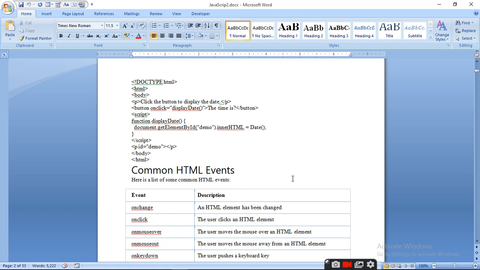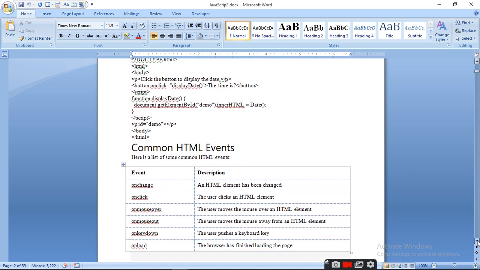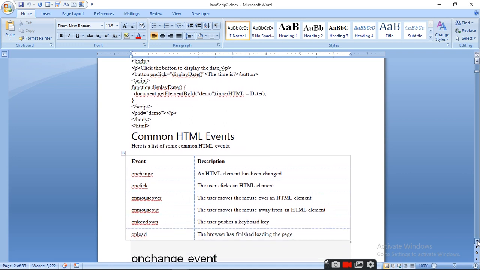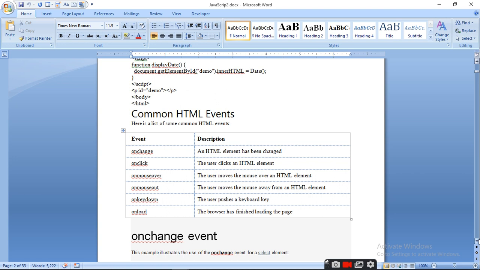Today we will learn the onchange event and different events: onchange, onclick, onmouseover and out, onkeydown and up, onload or onunload, oncut, oncopy, onscroll, and many events we will learn today. On change event: when we change the selection,